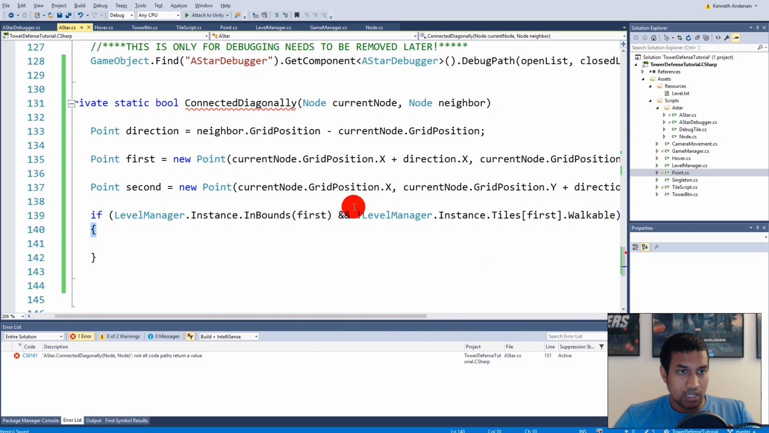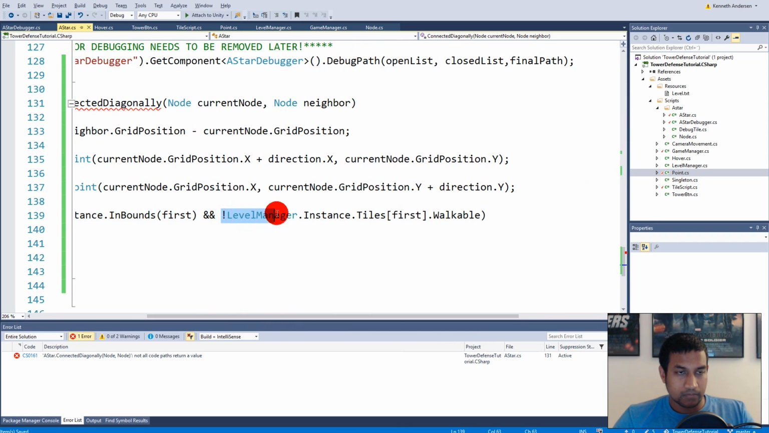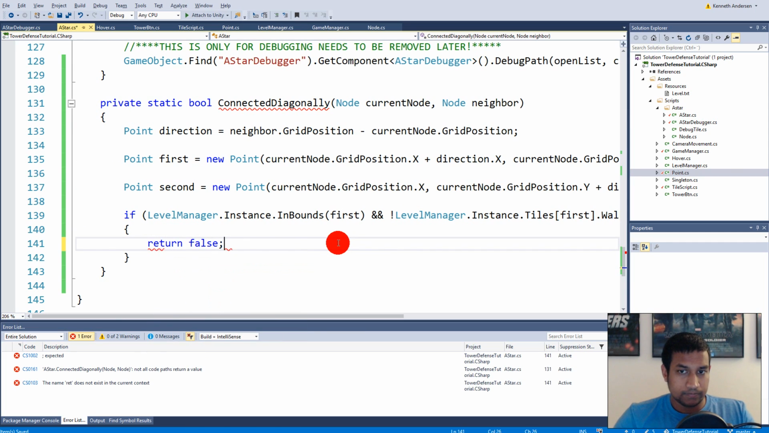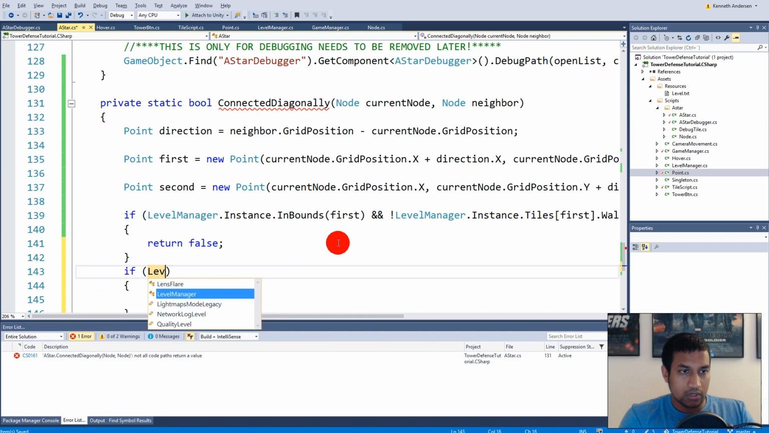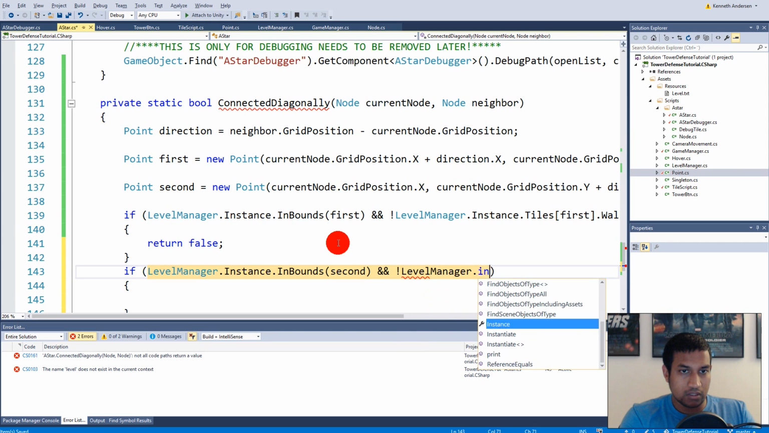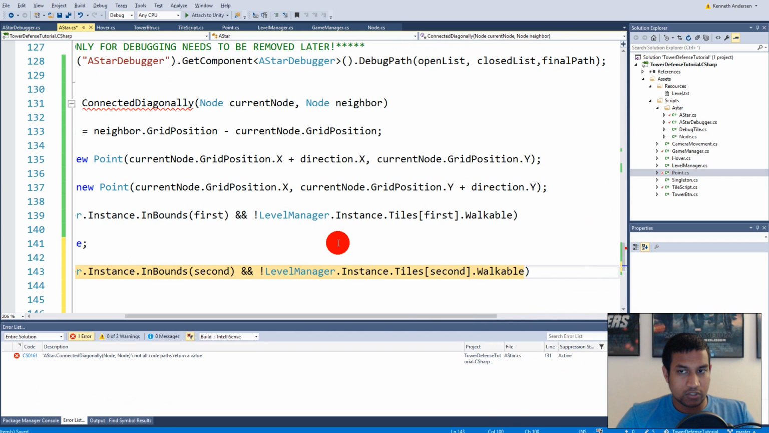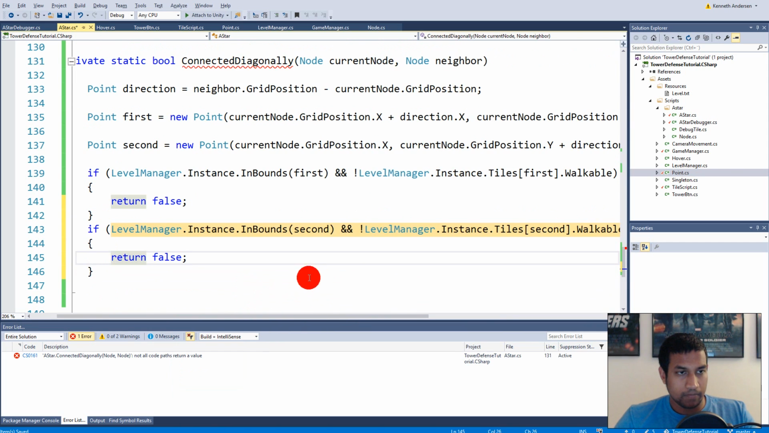So if the node is inside the grid, it exists, and our level manager instance, if our tile isn't walkable, well, then we know we are not allowed to go down there, so we return false. Then we make an if statement here. If our level manager that instance that in bounds second, so if our second is in bounds and our level manager that instance the tiles second dot walkable, so if our second is also not walkable, then we return false. Okay, else